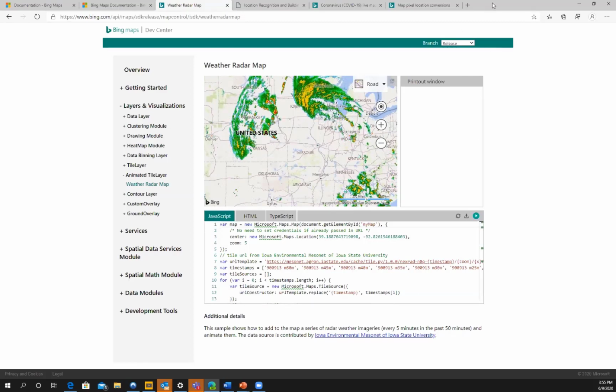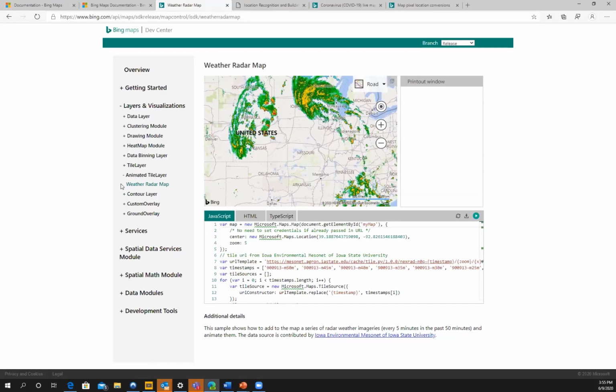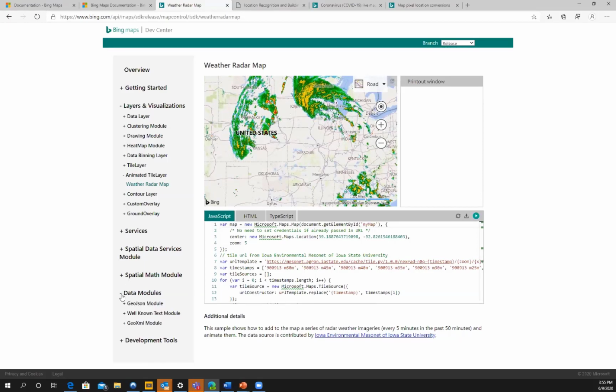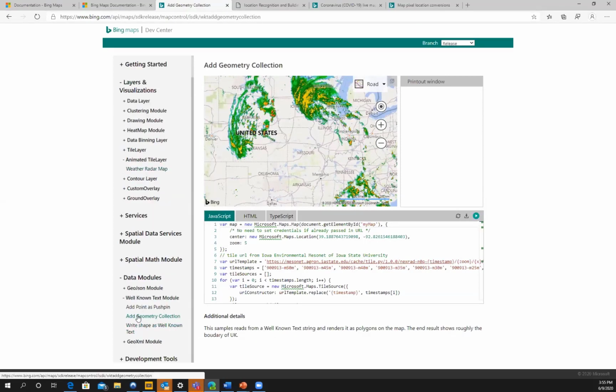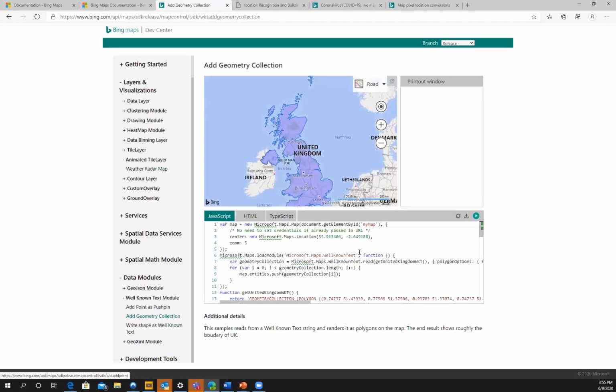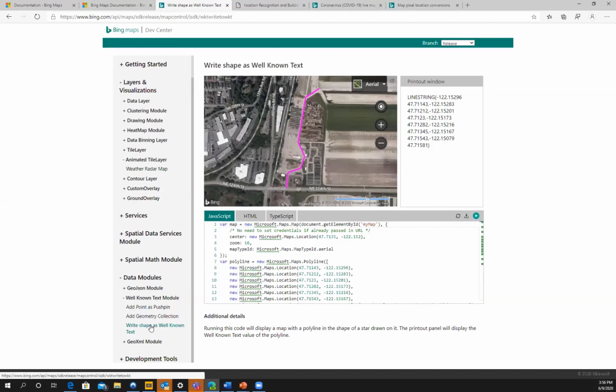There was a question, does Bing Maps support KML overlays? Oh, well, I'm going to bring this right back. Yes, it does. All right, so data modules, well known. So here we go. Add a geometry connection. So we can take a file coming in that has a polygon and parse it. So yes, it does do well-known things like KML,